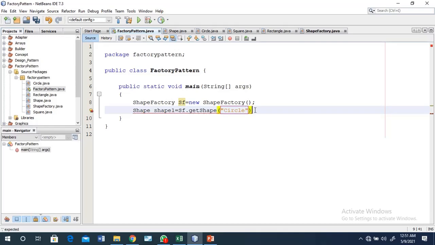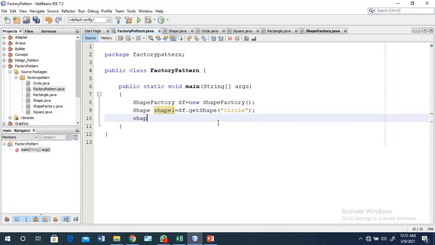Okay, so when we pass input as a circle, shape1 dot draw method, when we access that method, definitely it will work for that particular class.